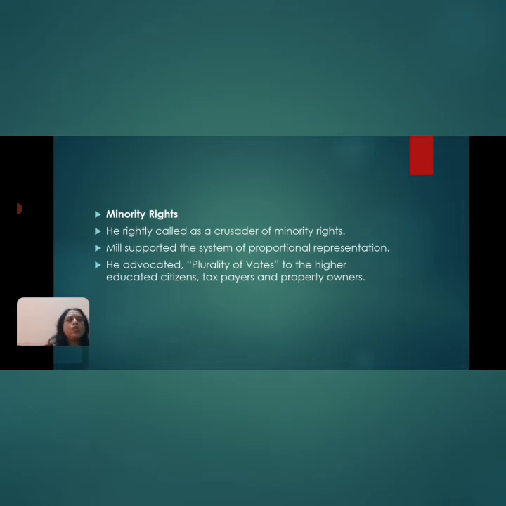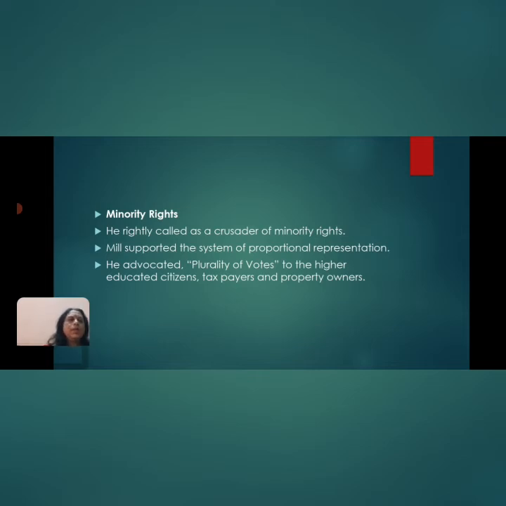There was a majority vote system that prevailed in the country. A candidate getting a majority was elected. As a result, the persons who voted for the defeated candidate got no representation at all. If such a thing happened in many constituencies, a large number of persons went unrepresented altogether. In order to secure proper representation of the minority, Mill supported a system of proportional representation.